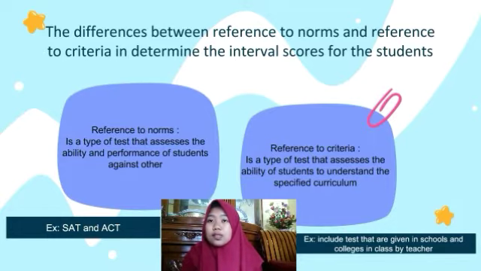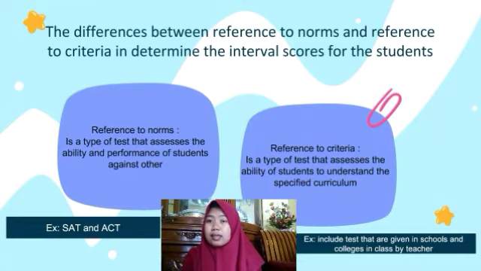Test content covers a broad topic area that students are expected to know, and the difficulty level of the content varies. This test must also be given in a standard format. The norm-referenced test helps determine the position of students in a predetermined population. And then, examples of norm-referenced tests include